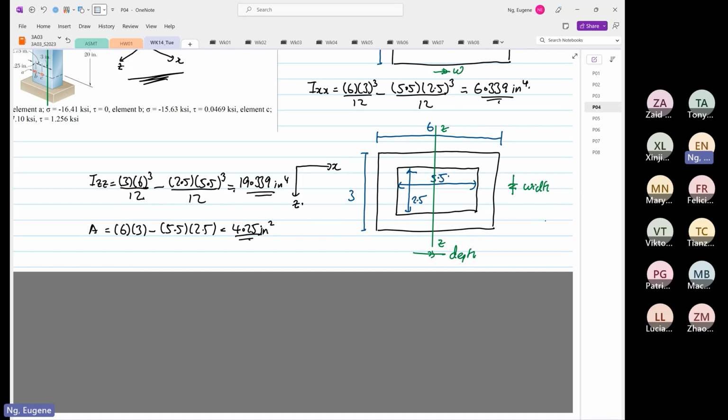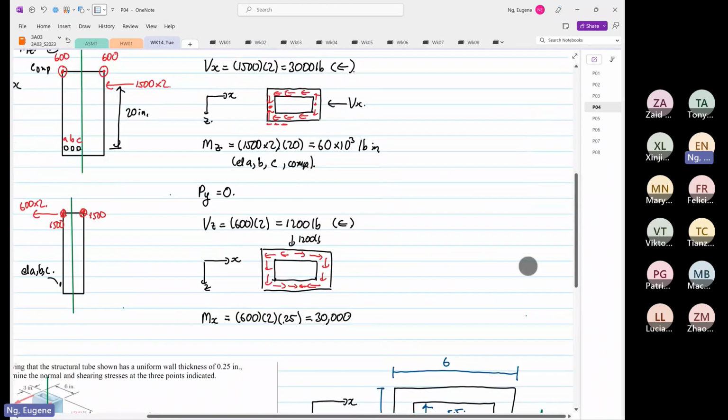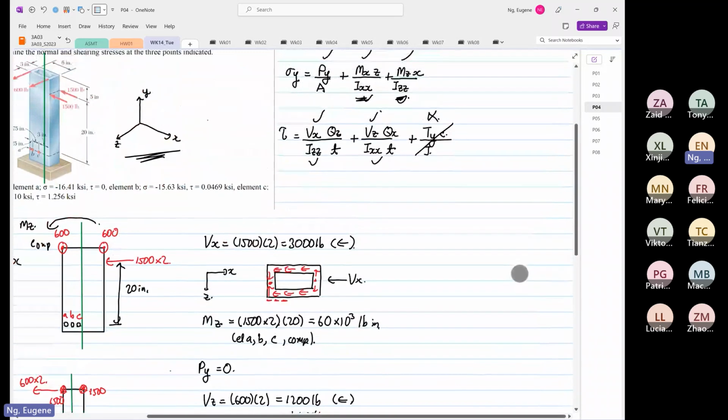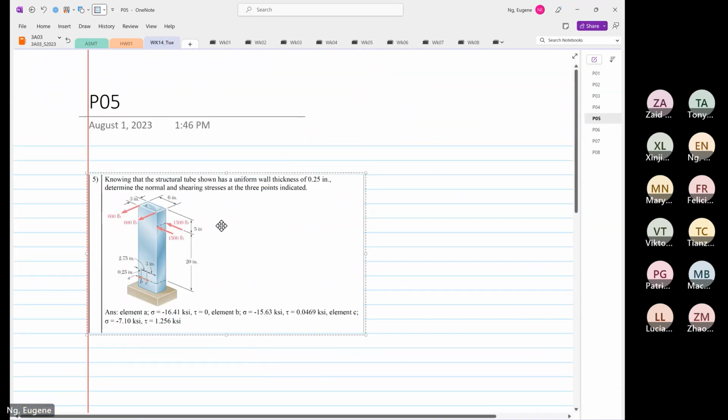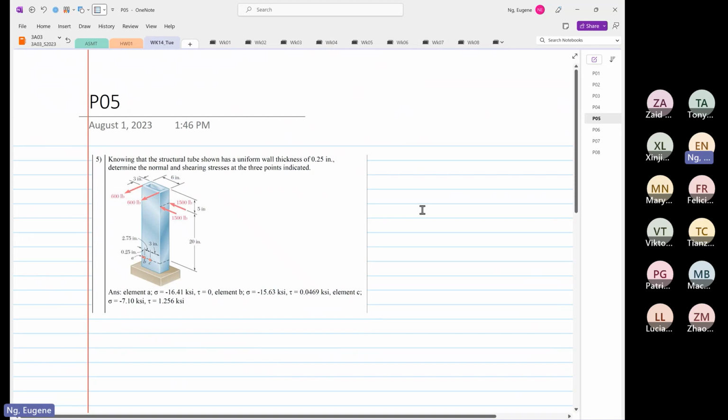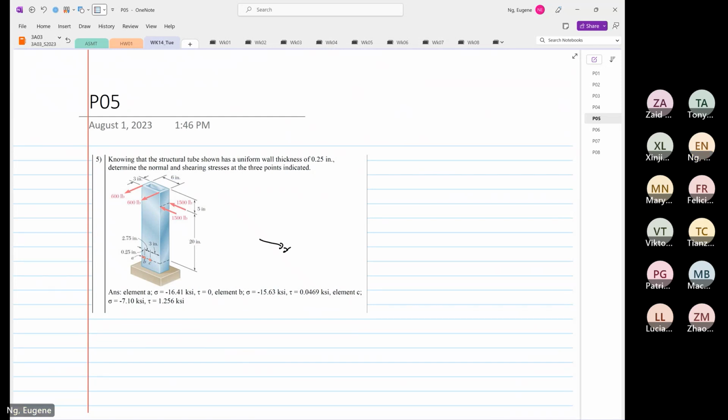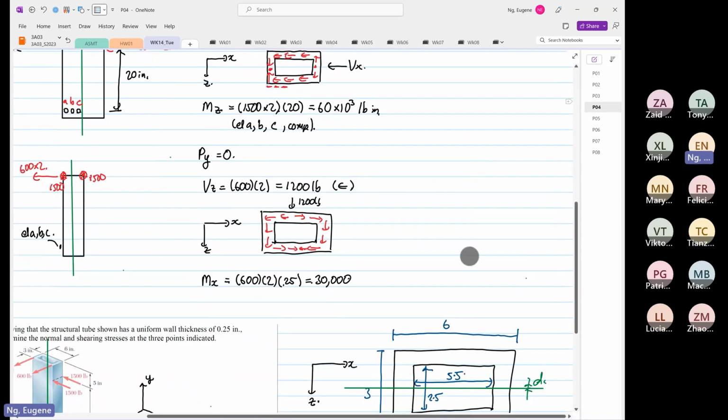So now I have all these values. Okay, so now let's calculate the normal stress for element A, B, and C. Okay, so the formula, I'm going to copy this. Okay, so we call this our X, Y, Z. And we know that our moment in X is equal to what? Our moment in X is equal to